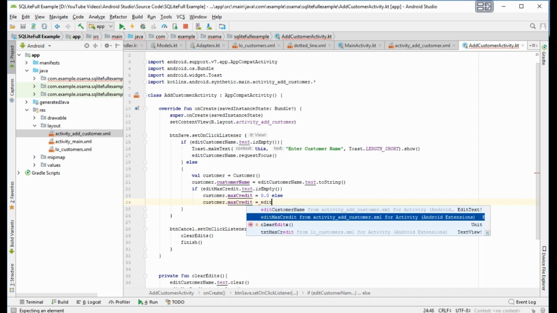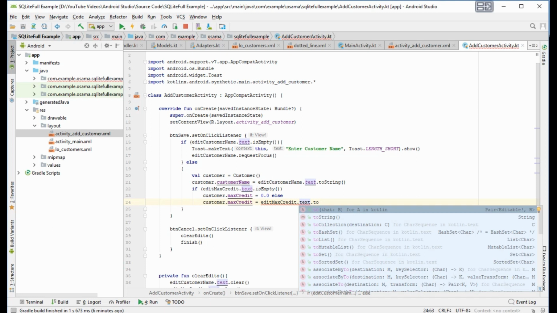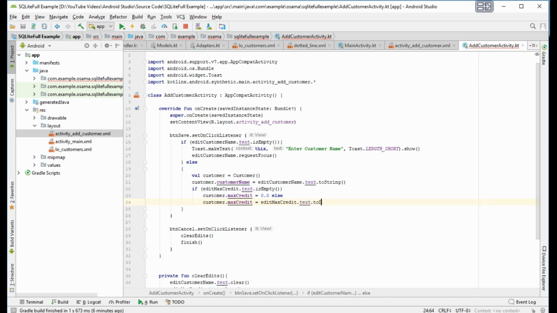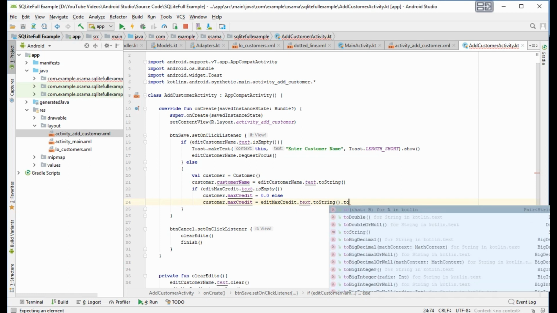Edit max credit dot text dot to string, then to double.